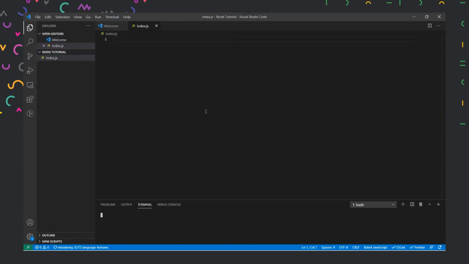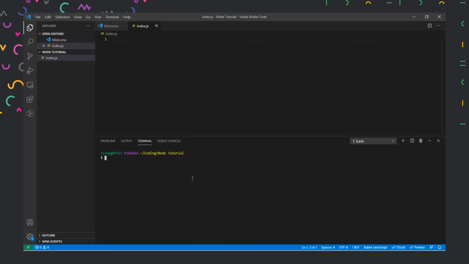Now, previously I mentioned how to open the integrated terminal in our VS Code. Using that, we can use Node in two methods. First of all, we have something called REPL method, where REPL stands for read, evaluate, print, and this whole thing is in a loop. It reads, it evaluates, and then it prints in the terminal directly, looping over it infinitely. To use it, we just type node in our terminal. It will open in REPL mode.